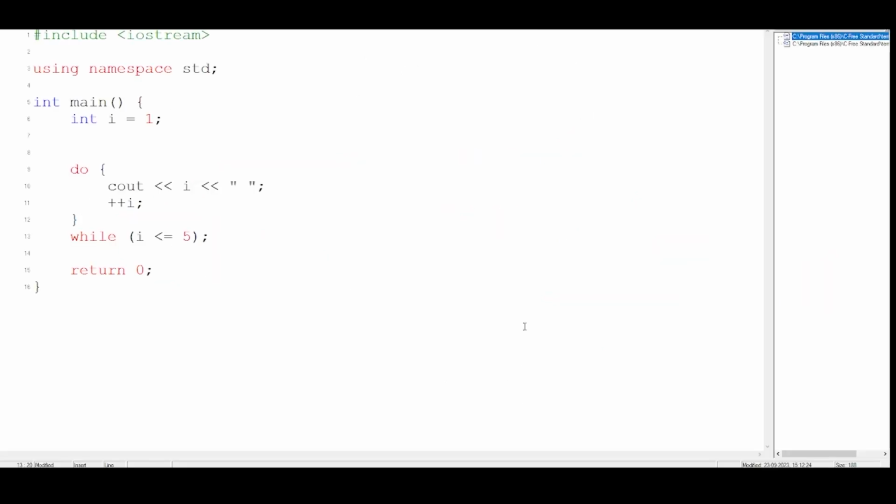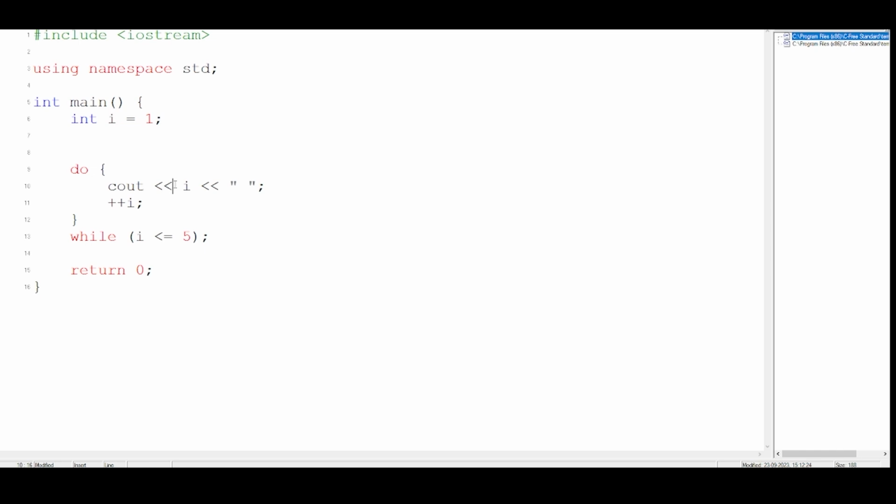As you can see here, I have the program for the do while loop. It is a little bit different from the while loop. The first difference you see is that we have a keyword do. Remember, you cannot use the word do as a variable since it is a keyword. And inside the do, in the curly brackets, I have two statements: it is printing the i variable and it is updating the i variable. The i variable is equal to 1.